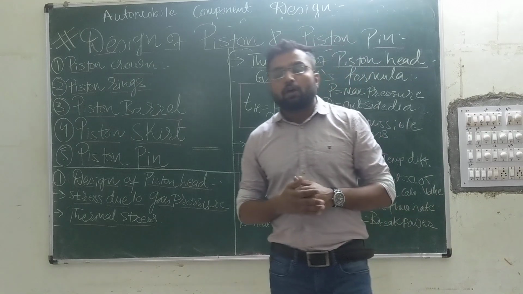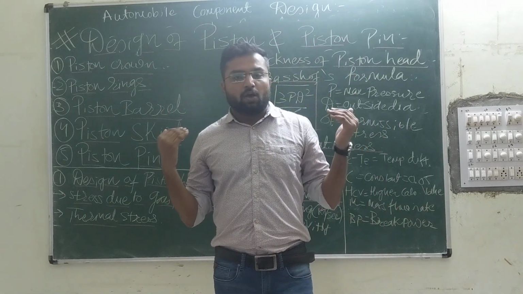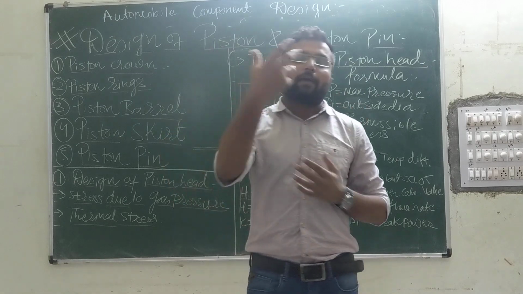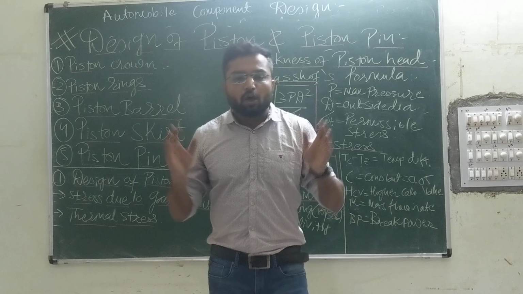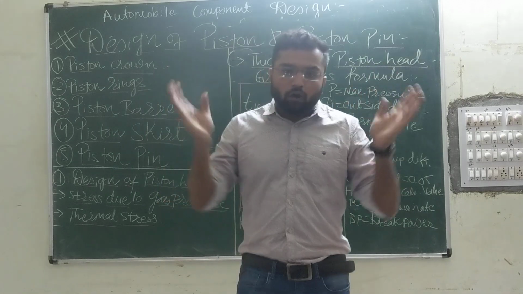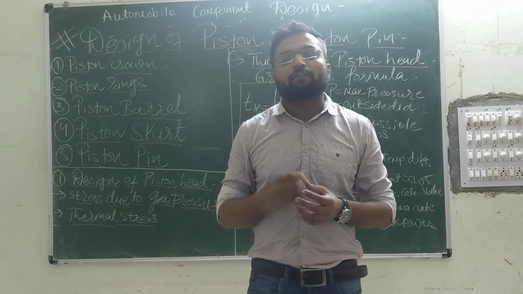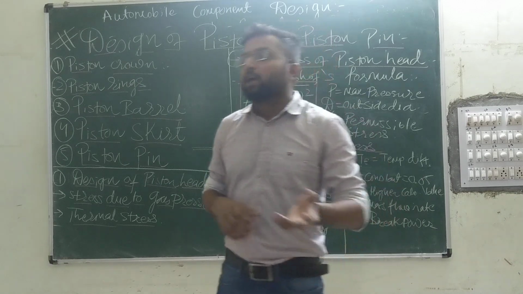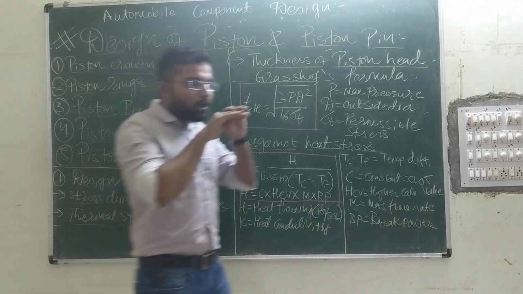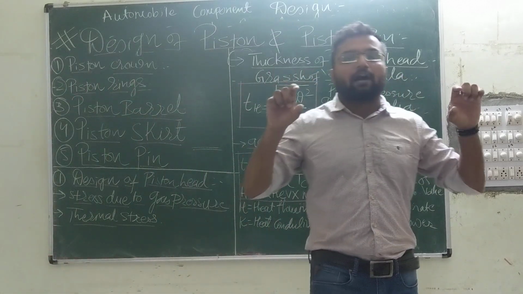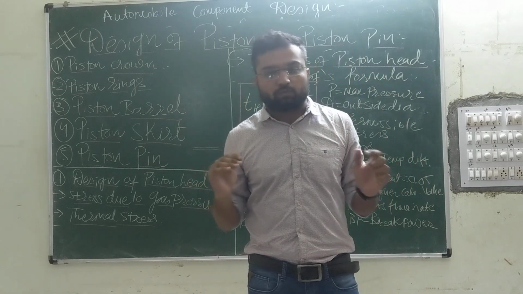What is the piston crown? The piston crown is the topmost flat surface, or in the case of different applications it can be a bulge or oval shaped surface, or you can say a hollow, bowl shaped surface, depending on the power of our engine. But in our case, for designing purposes, we are considering it as a flat surface. So that topmost area of a piston is called the piston crown.